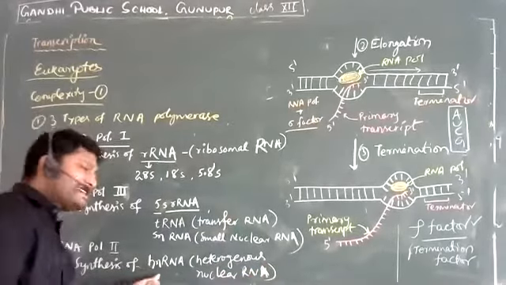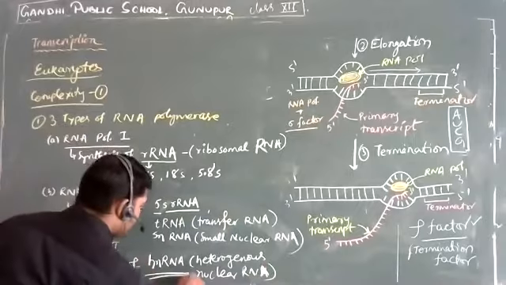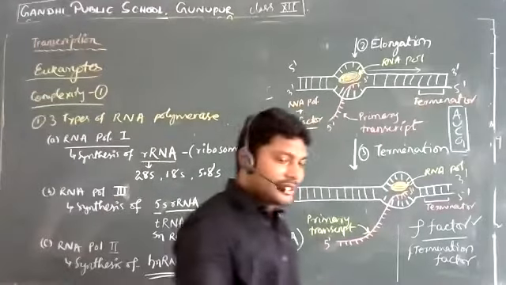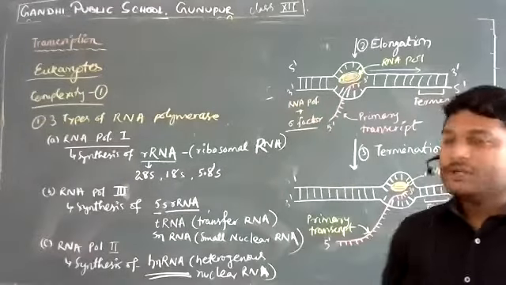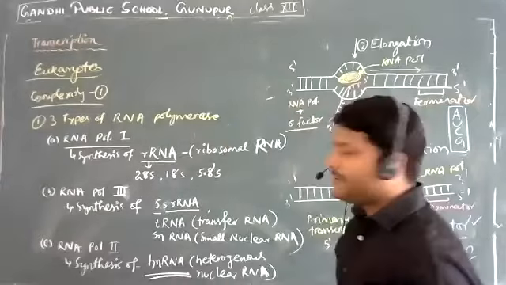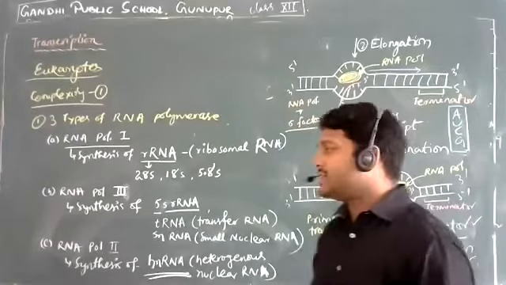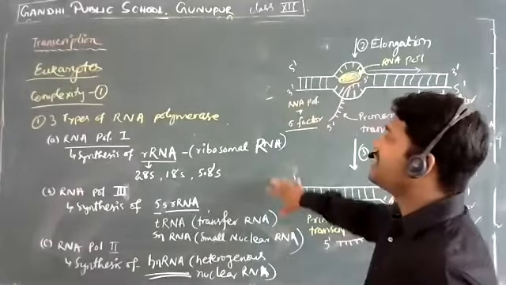Remember, the hnRNA is a precursor that is going to give rise to the mRNA at a later point of time. So these are the three different types of RNA polymerase which are essential for